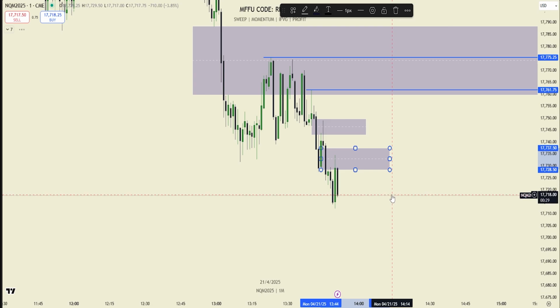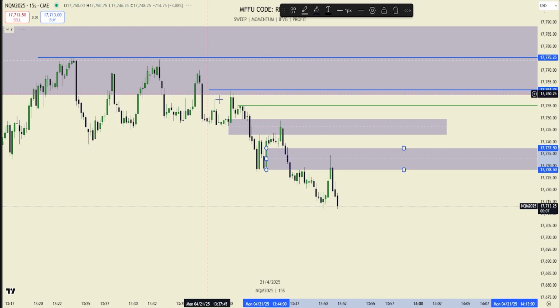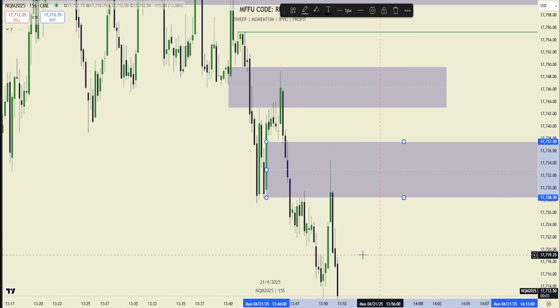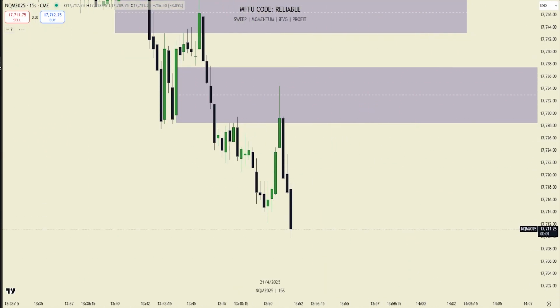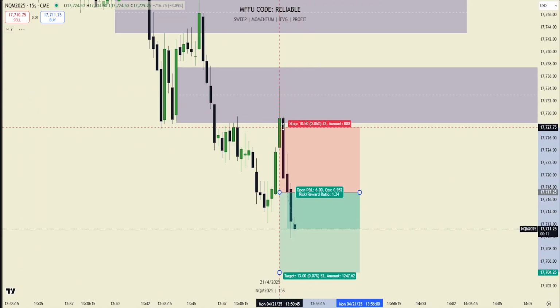You ever use standard deviation as confluence for targets? Yeah, for sure, especially at all-time highs because it's hard to spot liquidity targets. That 15-second just worked. Oops. 15-second FVG short at low of day there.